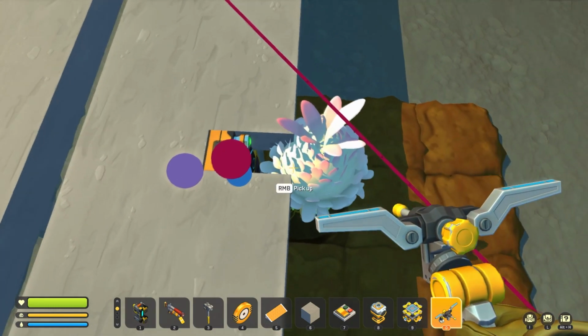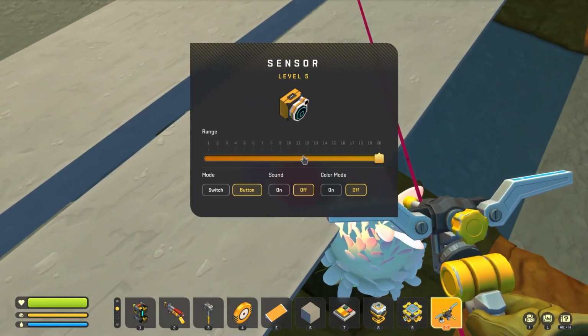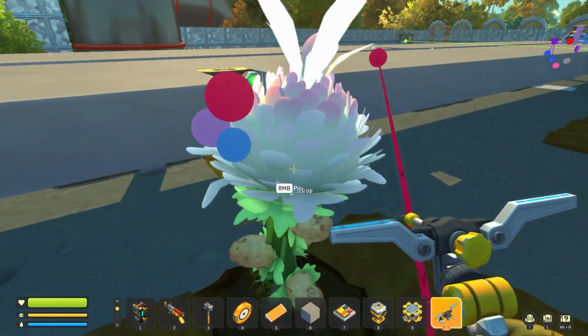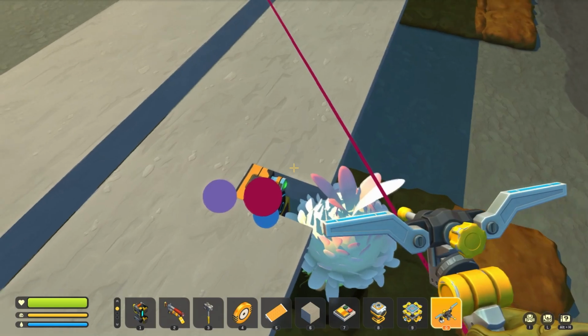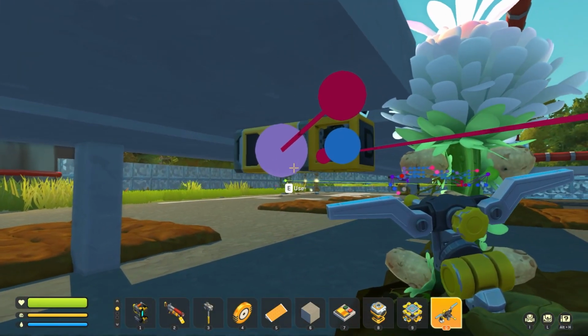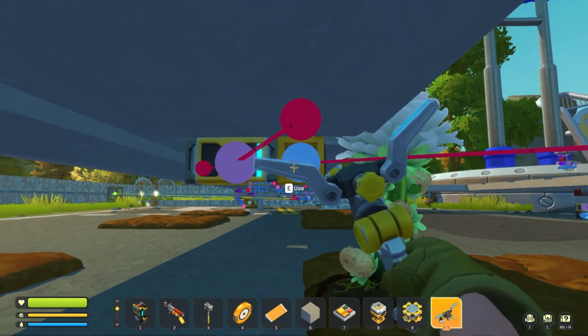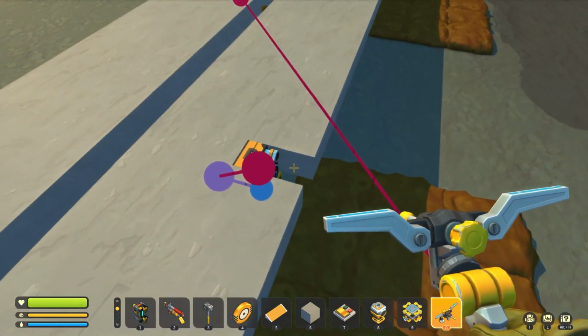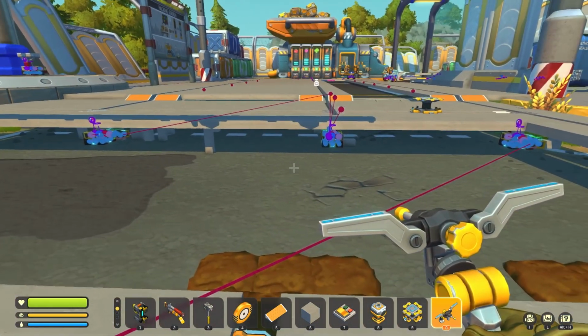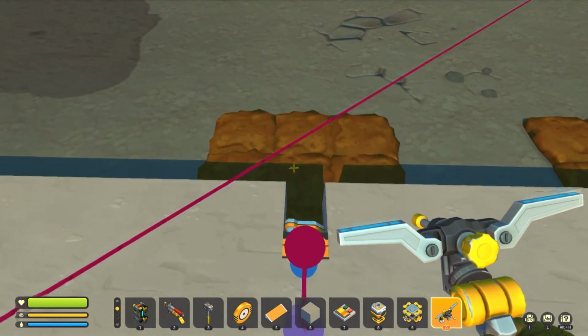So if any one of these, this whole row, actually, let's bring it down a little bit. If this center row is fully grown, we are going to have a sensor go to a timer. This is a 60-second timer, and this 60-second timer will then go to this logic gate right here. When this logic gate turns on, that means that the drone should stop in this section in order to start